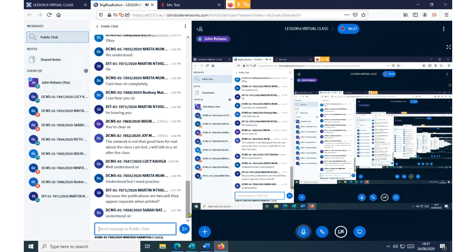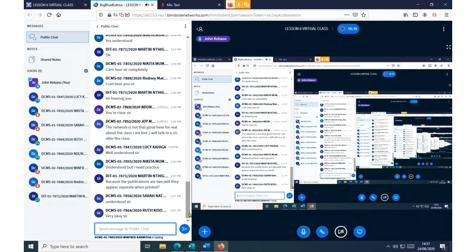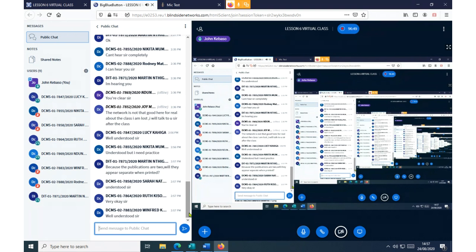Very good question, Martin. I have not talked about printing. Indeed, for you to print, you have to set your printer. The printer must be set so that they can print fast. Sometimes when you're working on this brochure, what happens is very simple. There are special printers that can print both the first and second page. But if you're using the simple printer that normally you use, you will first print one page, then remove the paper and turn it the other way around and return and print page 2.